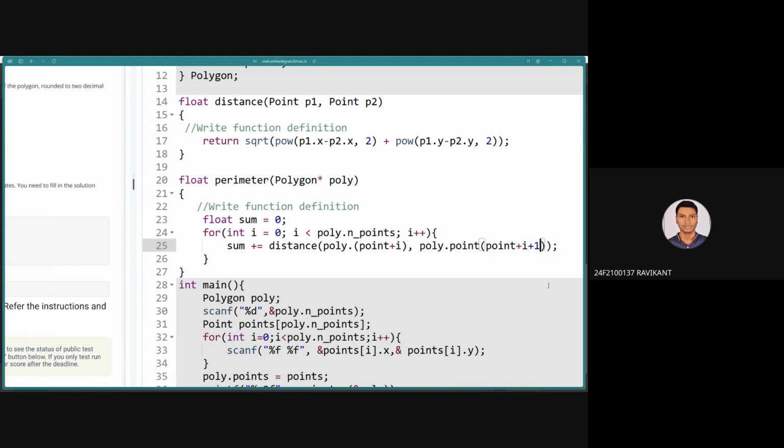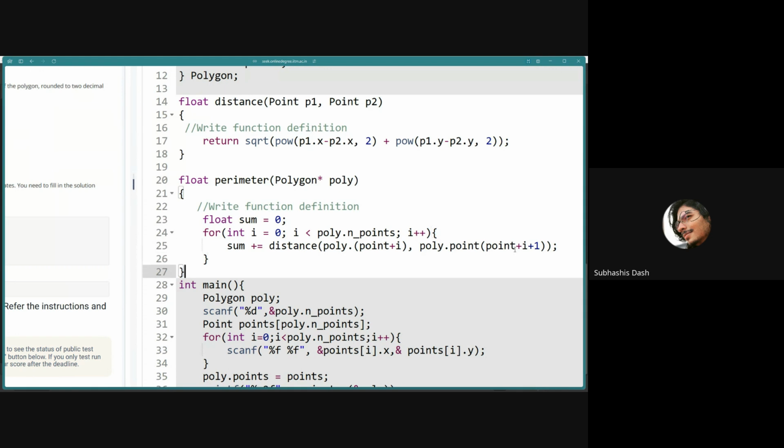6 and 7. We don't know. Think about it. We only have data till point plus 6, right? So if it goes to 7, then it is overflowing. It is accessing data that it should not be able to access, right? So what you can do in this case is to simply